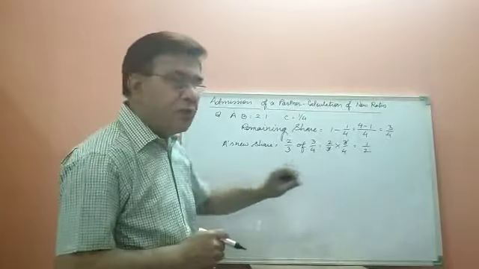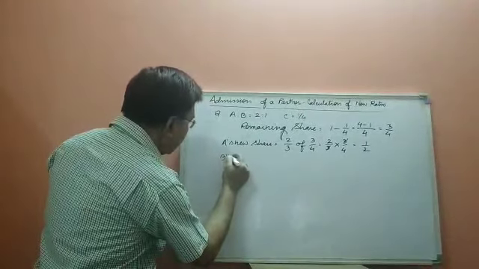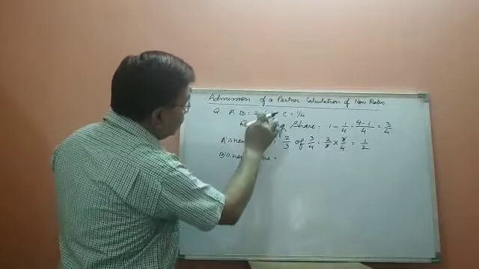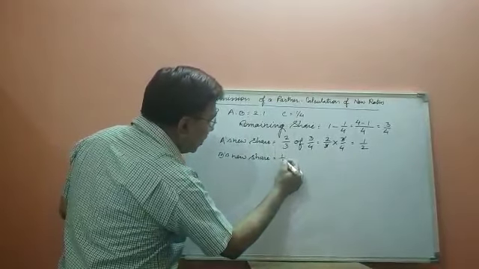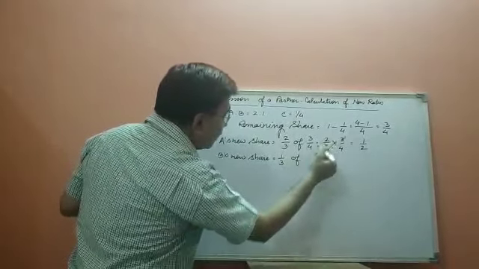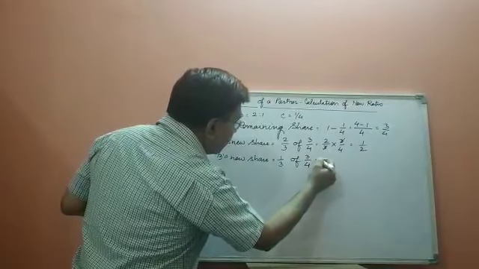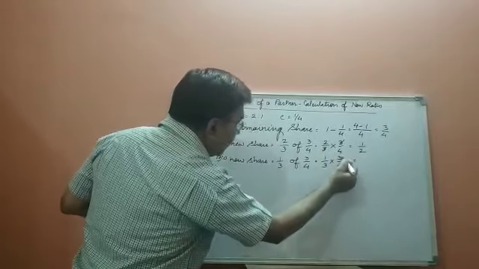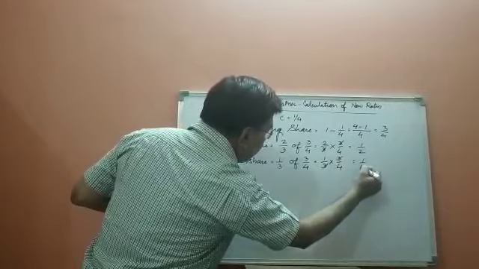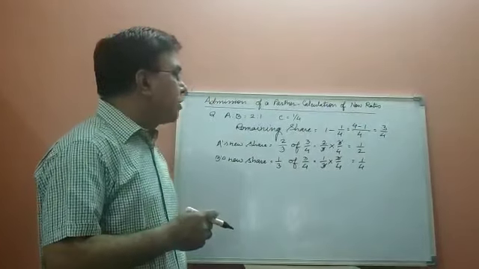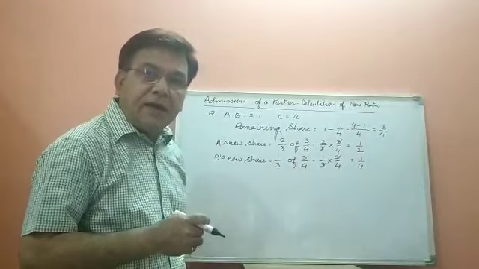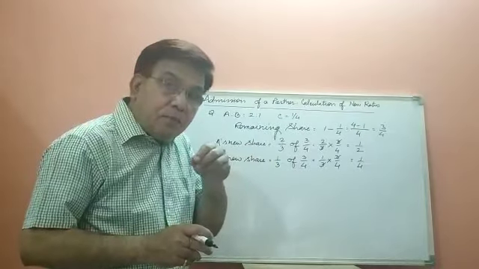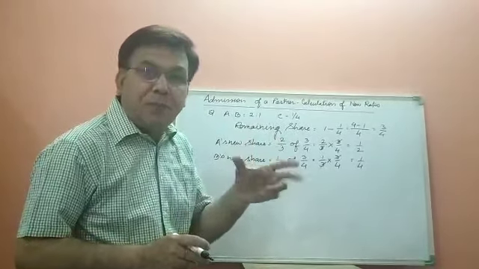Let us find out B's new share. B's new share is 1/3 of 3/4. So this is 1/3 into 3/4. Here again this 3 cancels. 1/4. This is B's new share. See, my dear, when we calculate individual, we call it share. When we talk about more than one person, it becomes ratio, proportionate ratio.